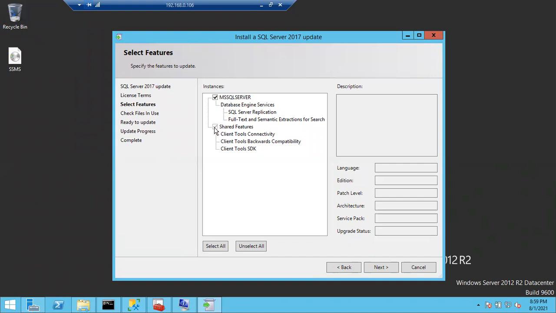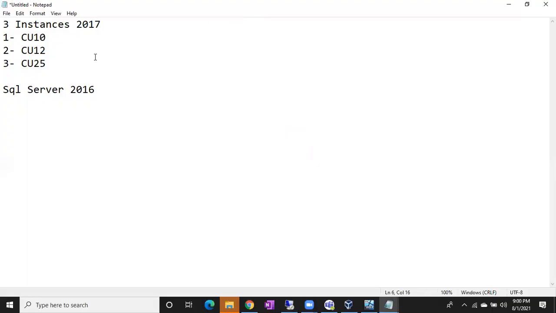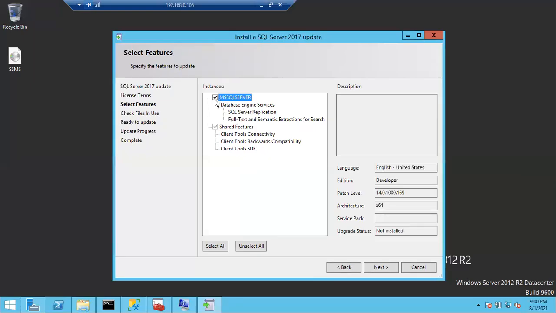If the patch is already completed, beside the instance name you can see this kind of check, which means it is already patched. If you have 2 instances, you can see one instance like this and another instance with its instance name. In case you want to skip it, for example the customer approved only one instance and said patch only the first instance, don't patch the second one, then you can simply uncheck that particular instance.